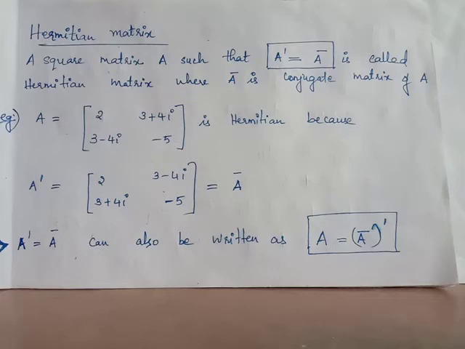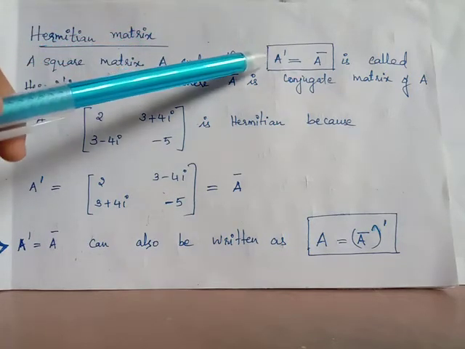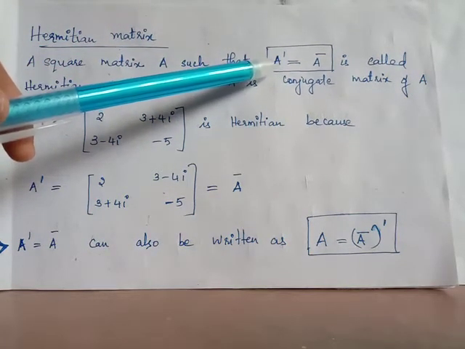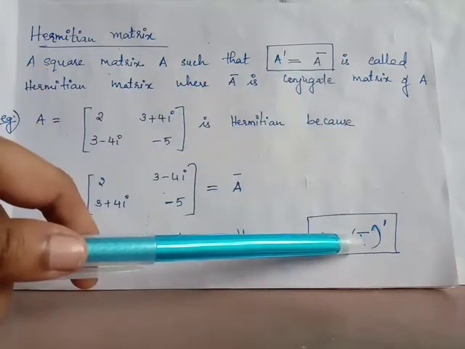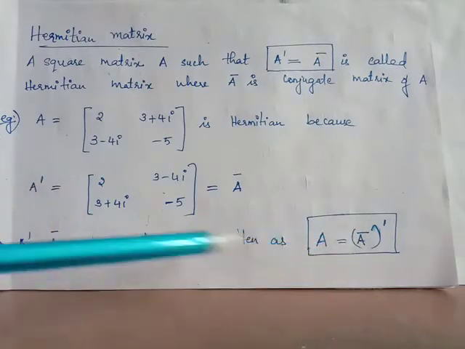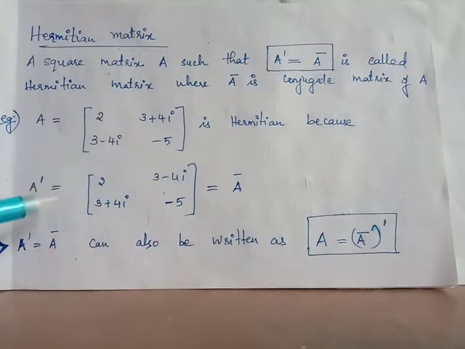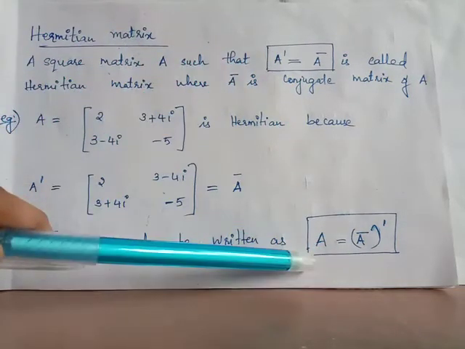We obtain the conjugate of a matrix A by just replacing i by minus i wherever it appears. The property A transpose equals A conjugate can also be rewritten as A equals A conjugate the whole transpose. When you take transpose on both sides of this property, you get A transpose the whole transpose, which is equal to A, and A conjugate the whole transpose on the RHS. In order to check whether a given matrix is Hermitian, we can apply either of these properties.